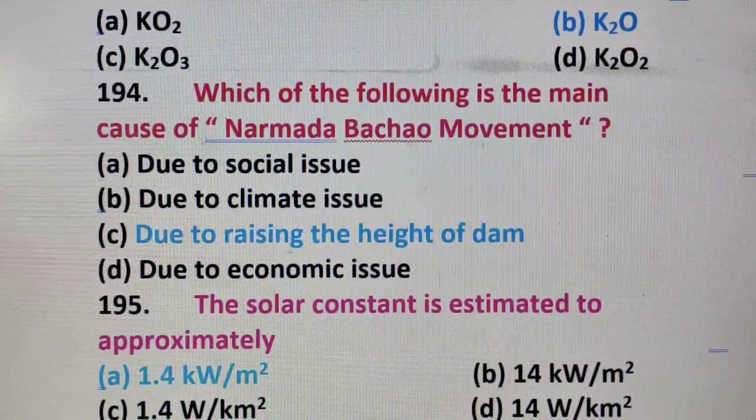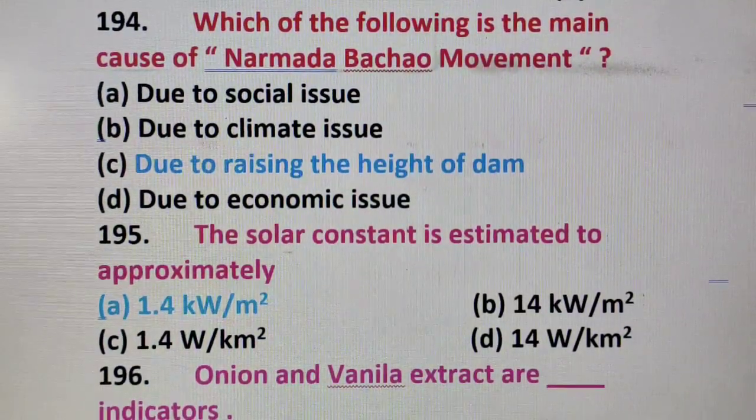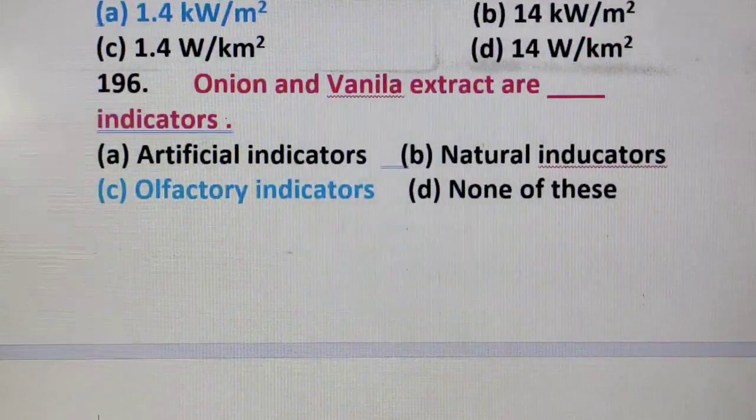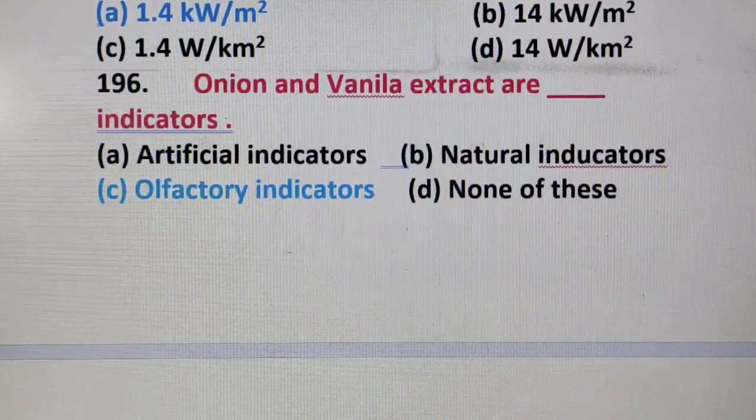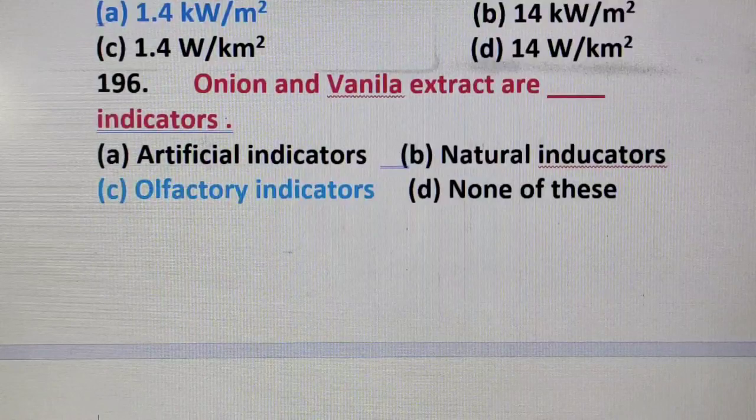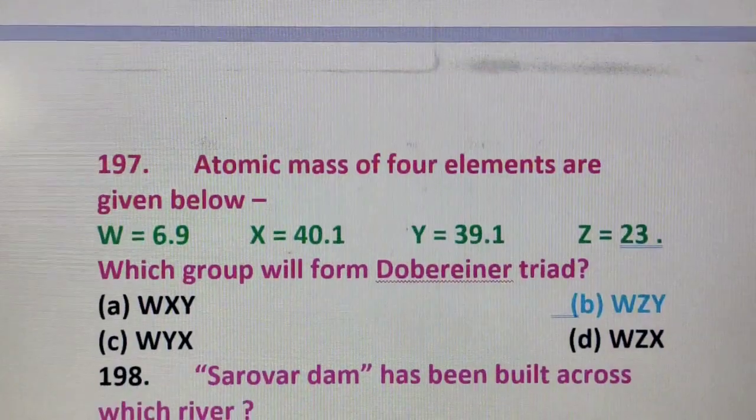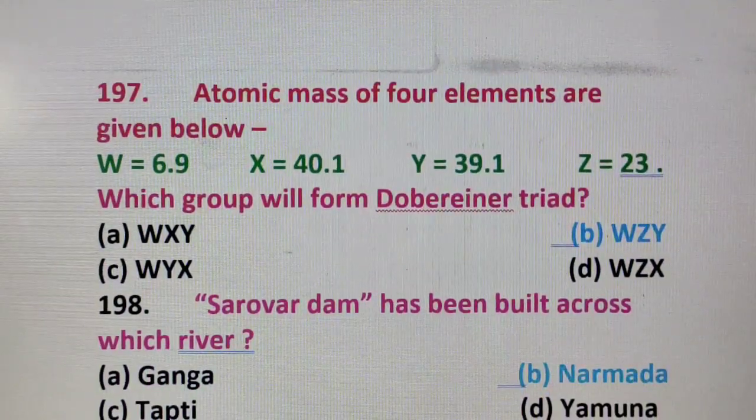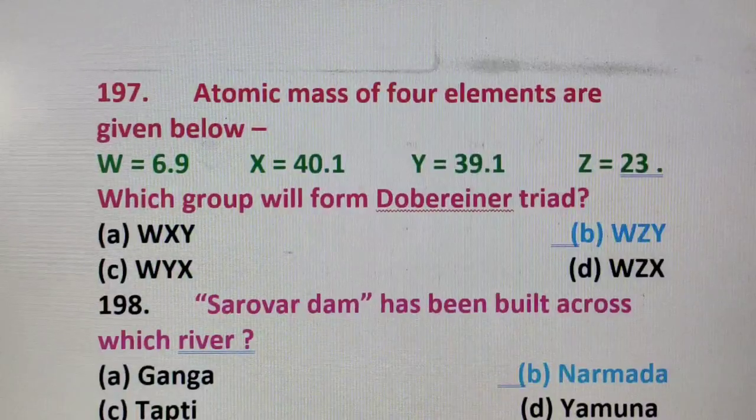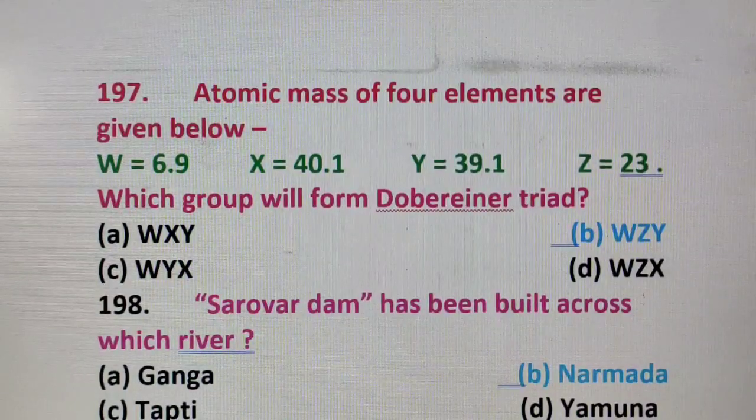Solar constant is estimated to be approximately 1.4 kilowatt per meter square. Onion and vanilla extract are olfactory indicators, that is, they change smell in different media, acidic or basic. Atomic mass of 4 elements are given below. Which group will form Dobereiner's triads? We know that for Dobereiner's triad, the sum of the atomic masses divided by 2 will give the atomic mass of the middle element. So here W, Z and Y, if we sum up W and Y,